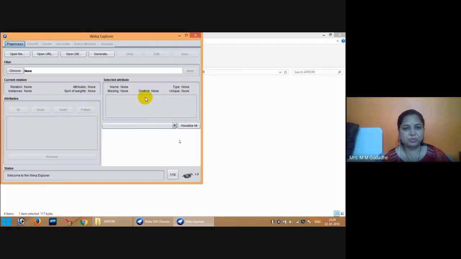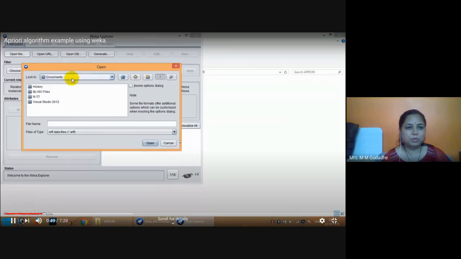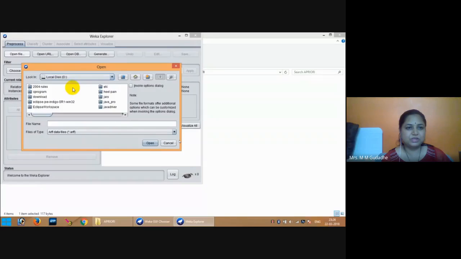Explorer is opening. Now, when you open it, first of all, you will go to the pre-processing tab and open the file. Go to documents, search for the file wherever you have saved it, and just click on it.